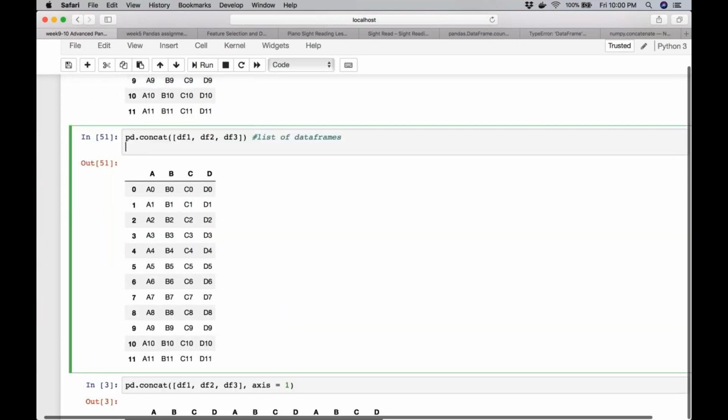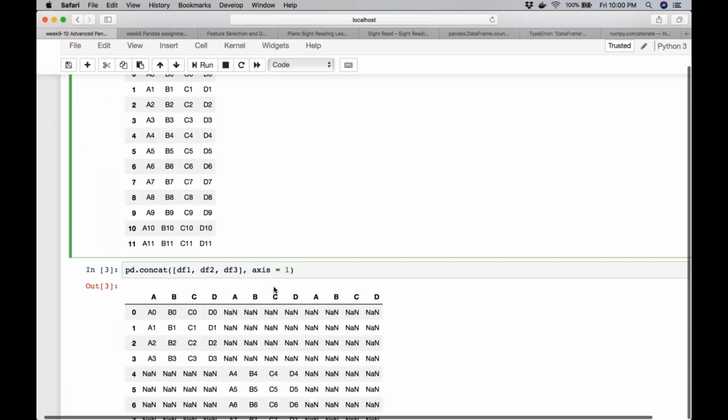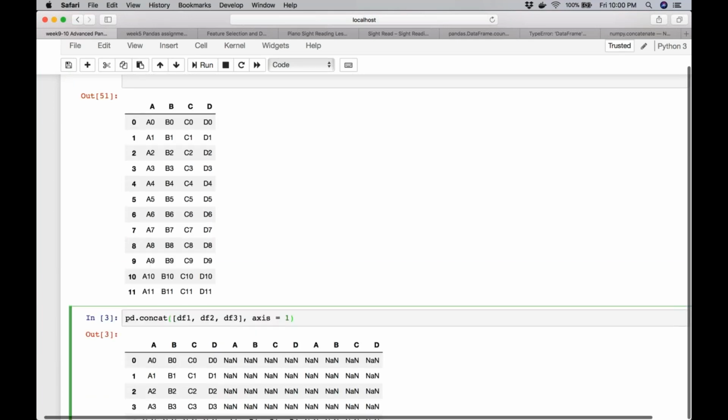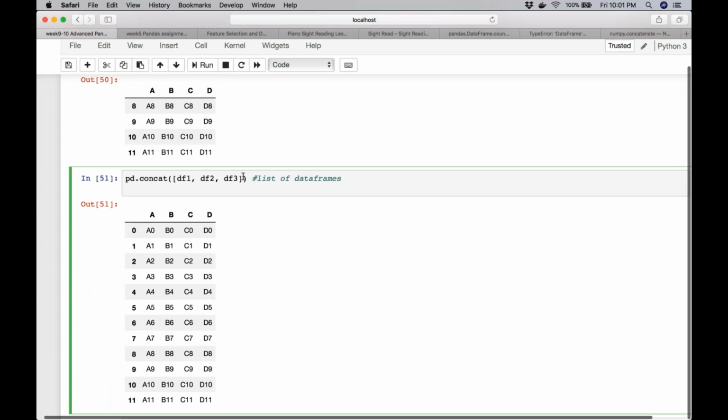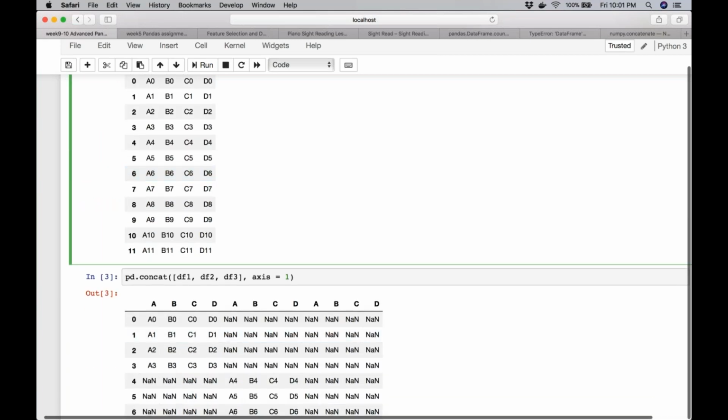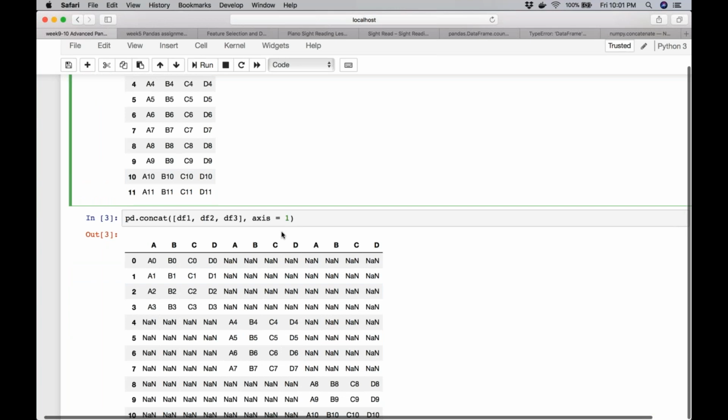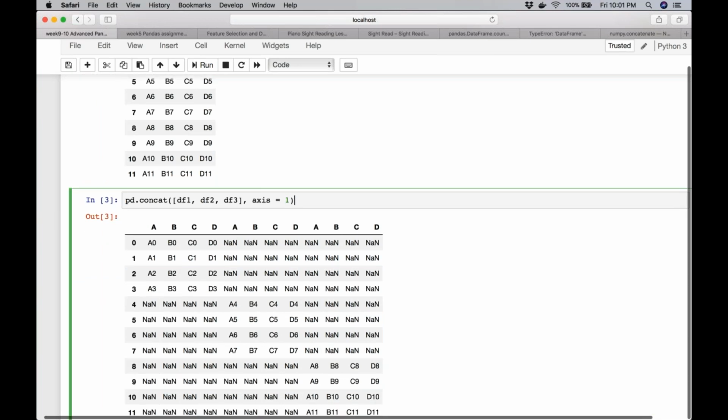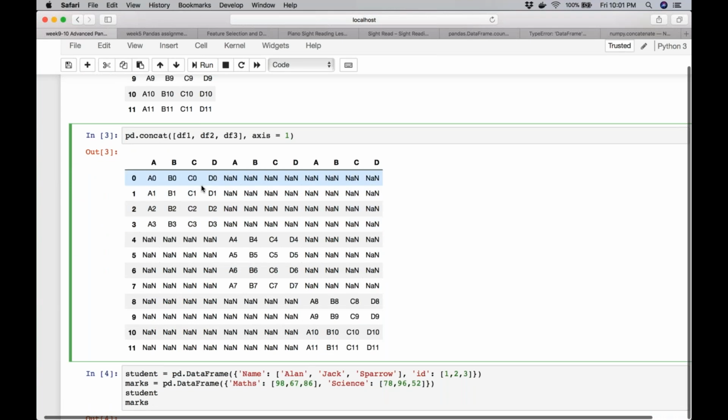Like we saw the axis argument in NumPy, there is an axis argument for pandas. The default axis is 0. So if you don't specify axis, it's going to assume axis 0. We all know by now that 0 works row wise and 1 works column wise. So when the default axis 0 is being applied, the rows are getting appended. If I say that I want the concatenation to happen on axis 1, what's going to happen? Now the data frames are getting appended